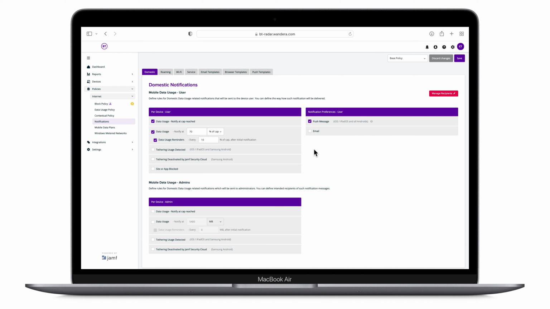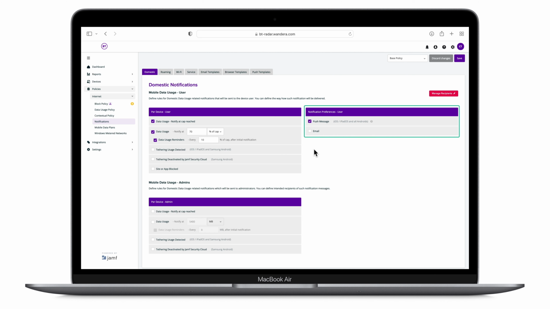Just below our data usage notifications, we have three other notification options. We have tethering usage detected for iOS, iPadOS, and Android devices, tethering deactivated by Jamf Security Cloud for Samsung Android, and site or app blocked available for all operating systems. Just to the right, we have the notification preference for users.